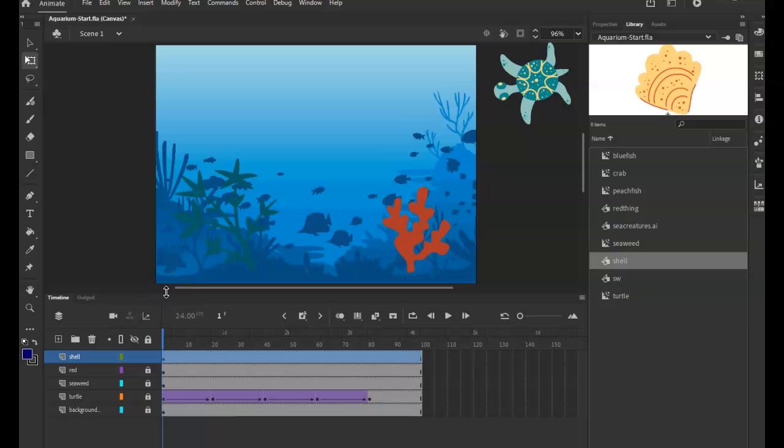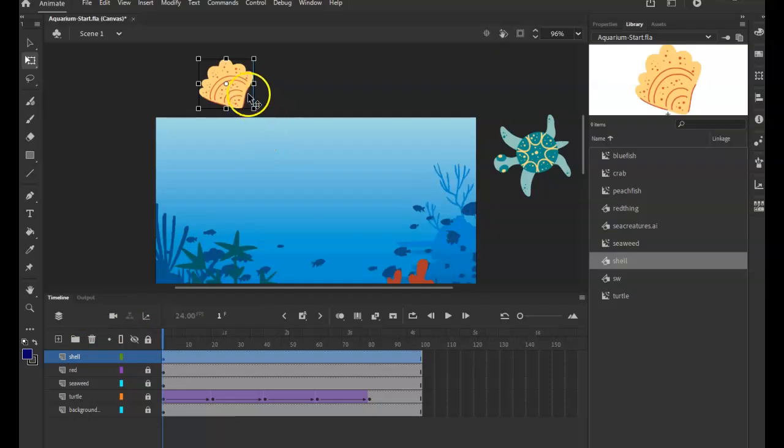All right, let's talk about some tweening settings, some advanced tweening here. I have gone ahead and made a new layer and put a shell up here. So this is just a graphic. I made it a graphic. And so what I'm going to do is tween it so it comes down and rests on